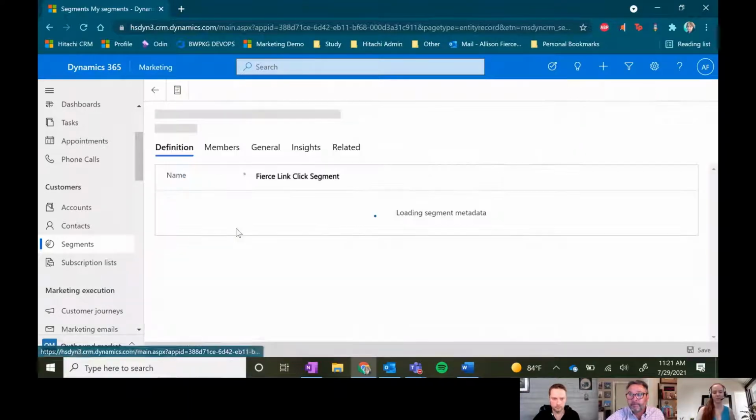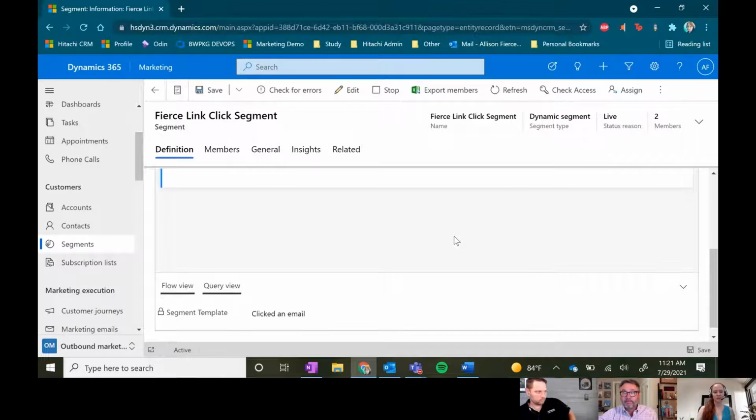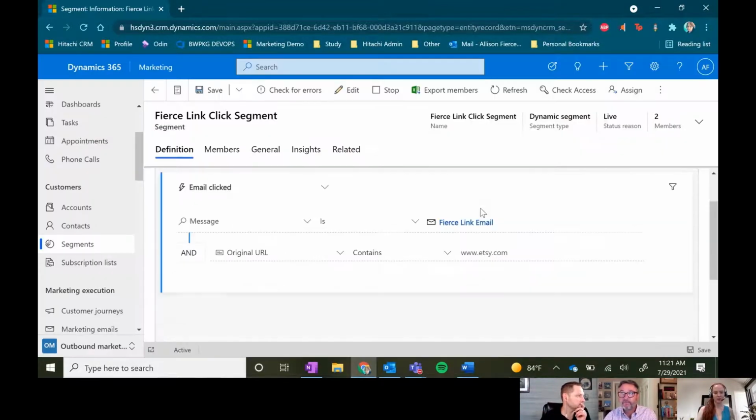So, one of the things you can do when you're building these segments is use what's called a behavior block. It'll be something you see kind of down towards the bottom. Actually, I'll just highlight this one where we've said the email was clicked and the specific message was one of our emails we sent out. The URL is Etsy in this case, and we're just sending the customers into this list whenever they perform that